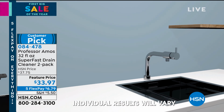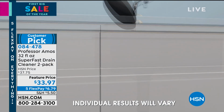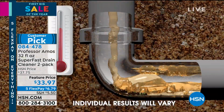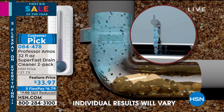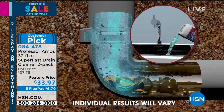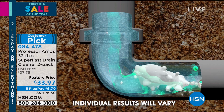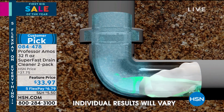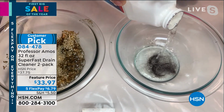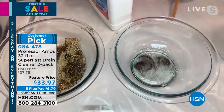Now, I've got to reference this because, like you said, it's the time of year right now where you have excessive fats, oils, and greases going down your drain line. Well, I'll tell you, Adam, it's cold out, so your drain lines are cold too. Now, when you have a cold drain line, those hot oils and greases going down your drain line, they harden and solidify right away. I mean, that clog just built. Now you need a proprietary formula like our SuperFast to break it down without creating the heat, because we don't want heat in our drain lines, because when your drain lines go from cold to hot fast, inevitably they're going to crack. We have one of the only hair dissolving formulas that we know of here at HSN in the